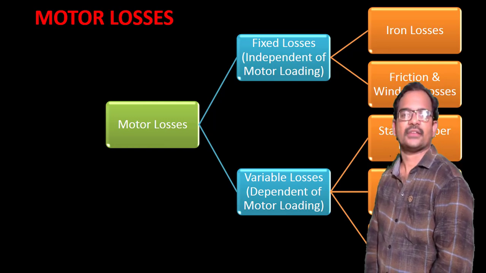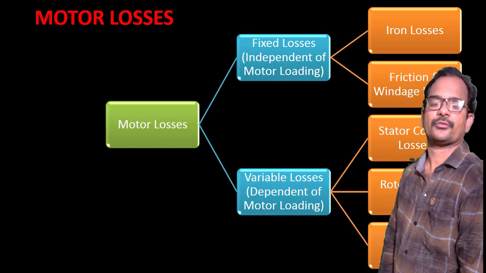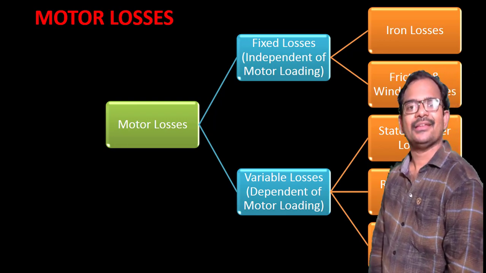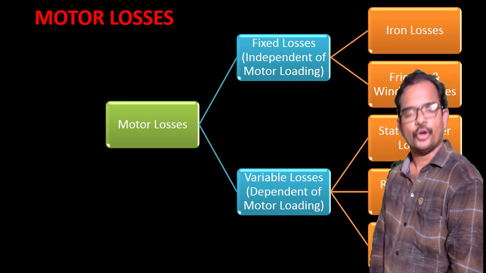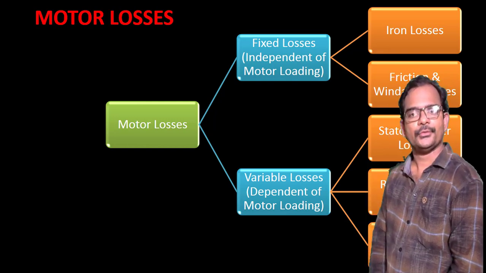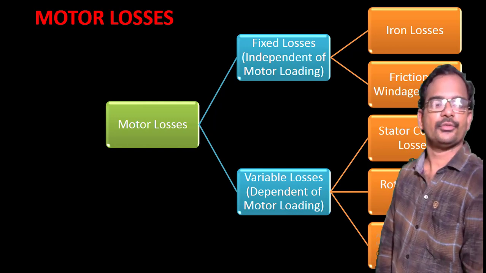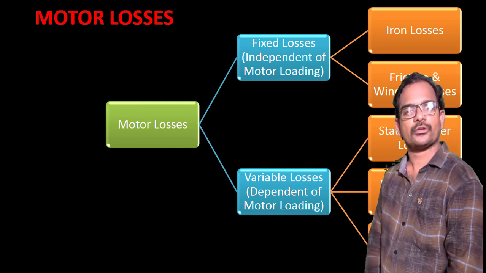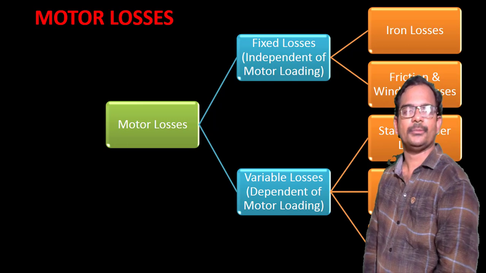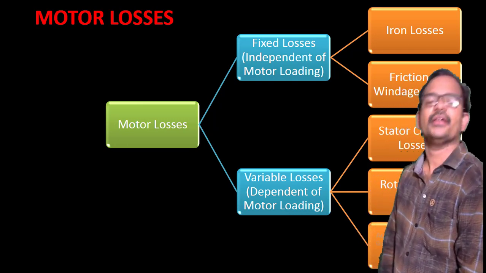It's a simple thing. In order to improve the energy efficiency, we need to do two things. One is we have to improve the design specifications, and number two, we have to use high quality material inside the motor. When you do these two things, what happens? Obviously the motor losses will be reduced. So whenever the motor losses are reduced, the output of the motor will be increased for the same input, and thereby the efficiency also will be improved.